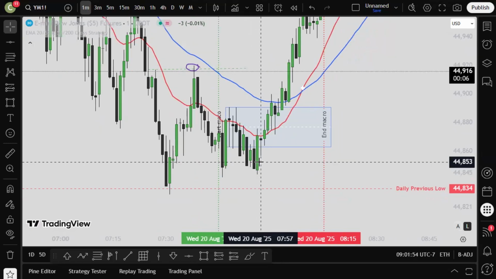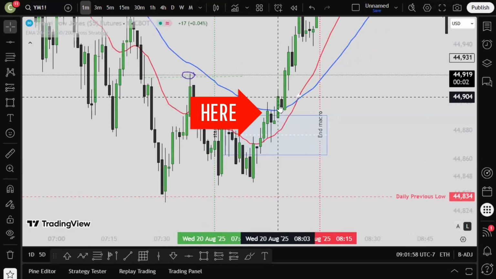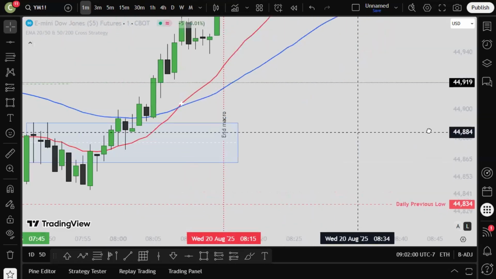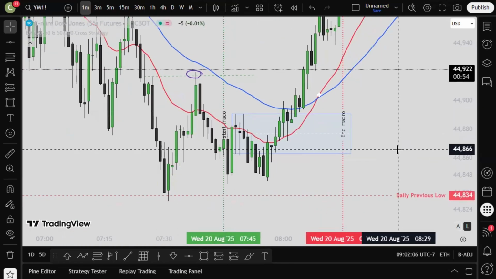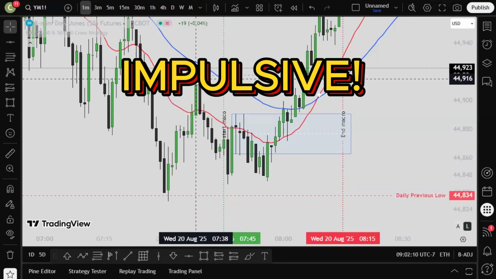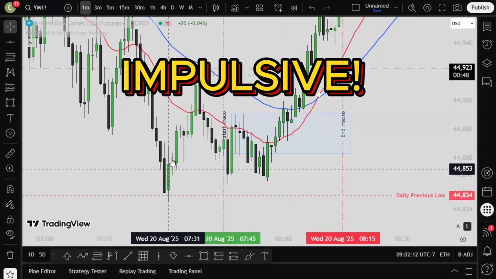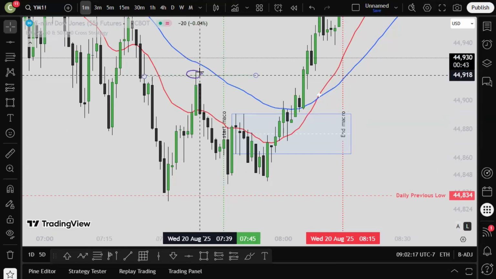So the supernova entry on this trade is right here as we cross over the 50 and the candle closes right here. Now, this entry has to look like this. There has to be 3 consecutive candles or an impulsive move to the upside. In this case, it was 1, 2, 3, and it also broke a market structure shift right here on this